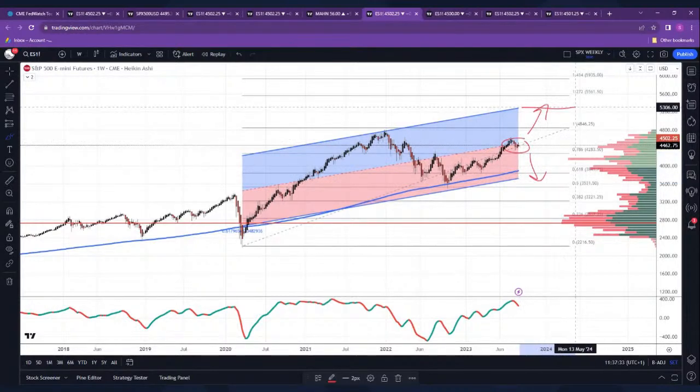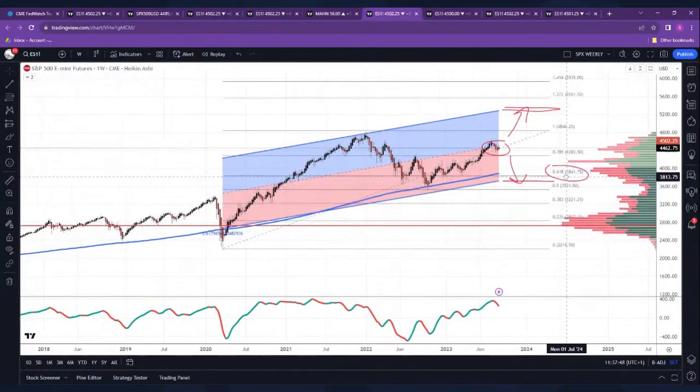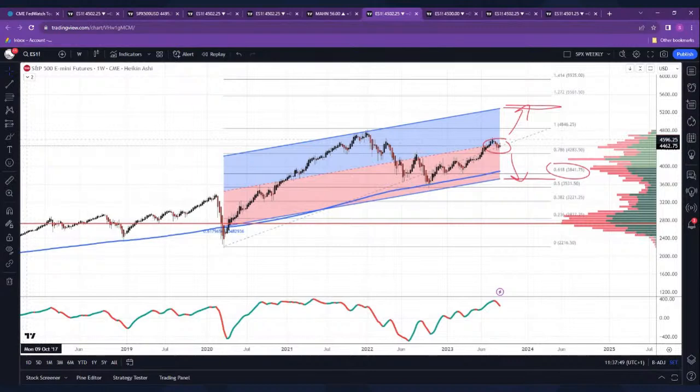So we've got some good positive and negative action still to be had there. Upside wise, you're almost talking 5,300. Downside, we've got this Fibonacci key one there. That's at 3,840, 3,850, and then you got that line there, 3,700 down in there. So that's one to watch out for if you're on the negative POV on the S&P. But at the moment we've got this Fibonacci line, could be providing support for